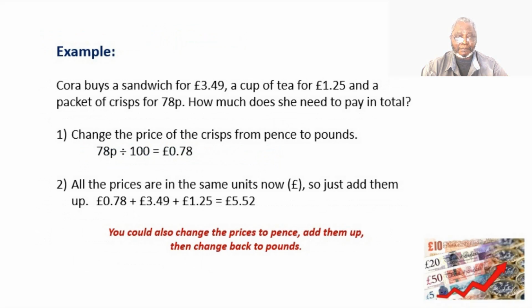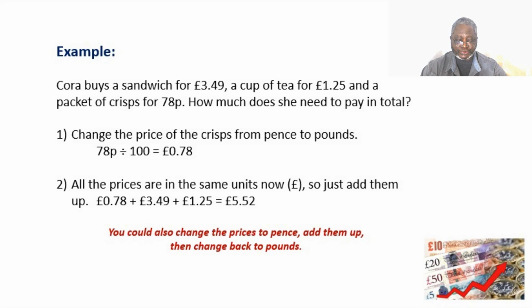Let's look at this example. Cora buys a sandwich for £3.49, a cup of tea for £1.25, and a packet of crisps for 78p. How much does she need to pay in total? First of all, you need to change the price of the crisps from pence to pounds to give you 0.78. All the prices are in the same units now, so you can simply add